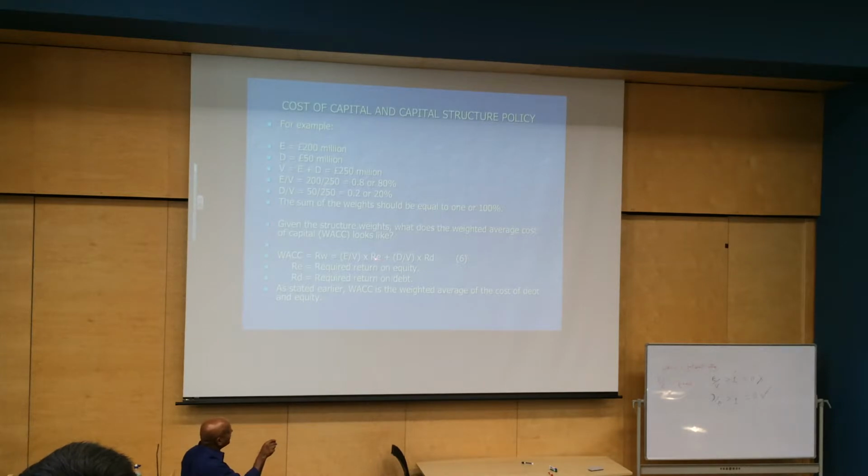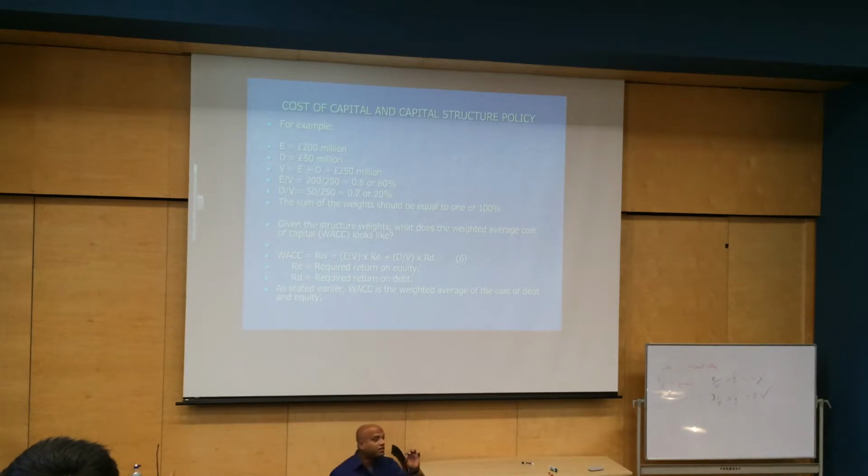That comes from the security market line that is given to us. RD is not the interest rate in the market. This is the coupon rate. RD is the cost of capital, the cost of debt. It is not something we estimate, but something given by the owners, the people who are borrowing the money. RE has to be calculated by the security market line. That's the required return on equity; required return on debt, as stated earlier, goes into the weighted average cost of